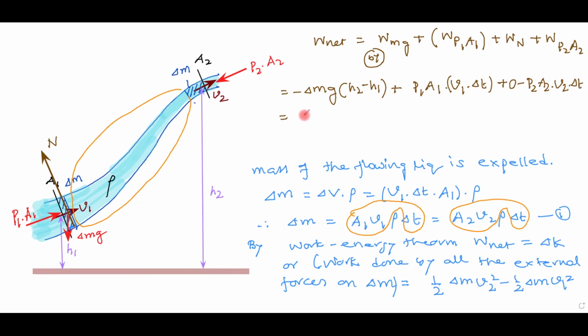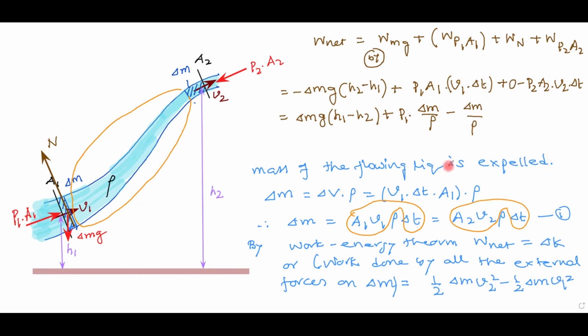Let us write this part: del m g (h1 minus h2) plus P1 into A1 v1 del t, that will be written as del m by rho, and then P2 A2 v2 del t will also be written as del m by rho, equal to